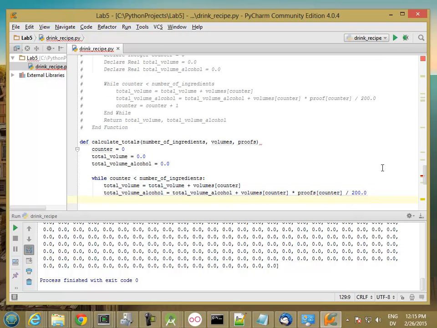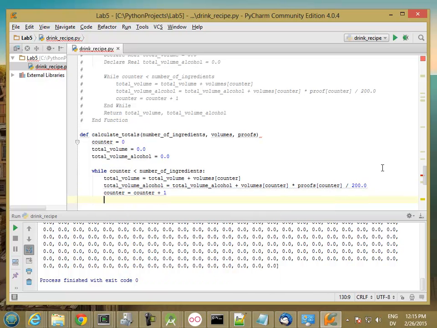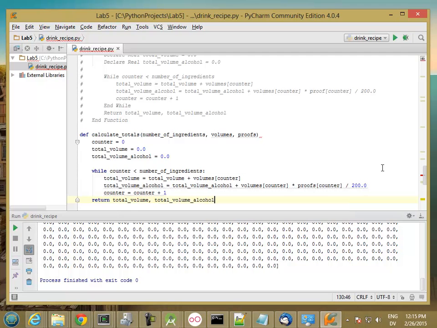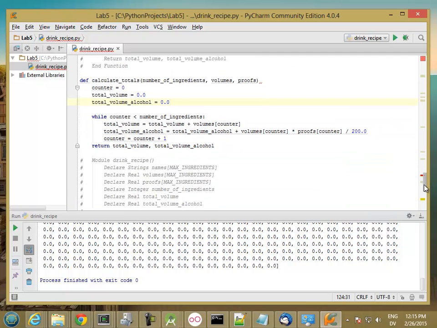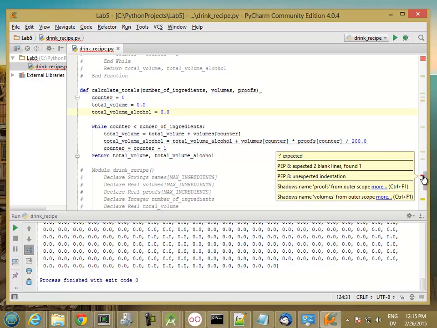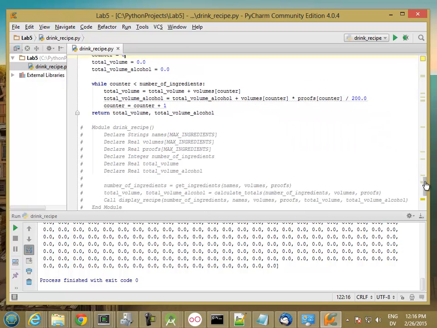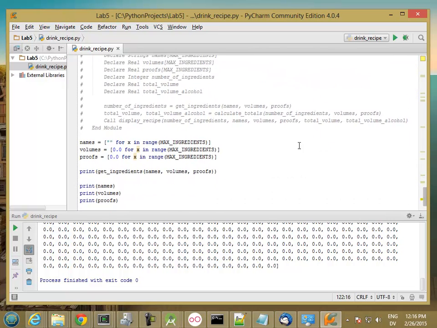Okay, so that's it for the while loop, except counter equals counter plus 1. So return total volume and total volume alcohol. I have a little red line here. Oh, because I forgot the colon. There we go. All right, so now to test this one, I'm going to actually start hooking up my main